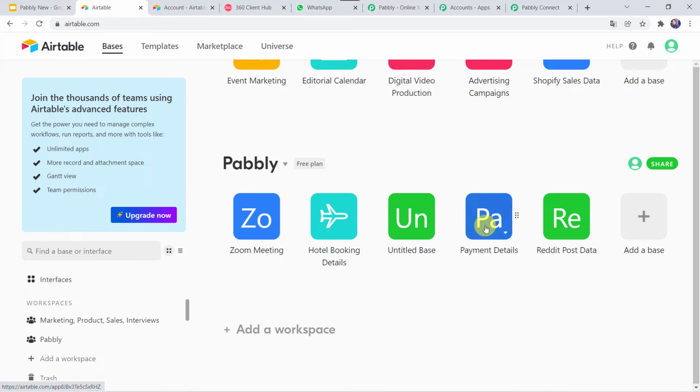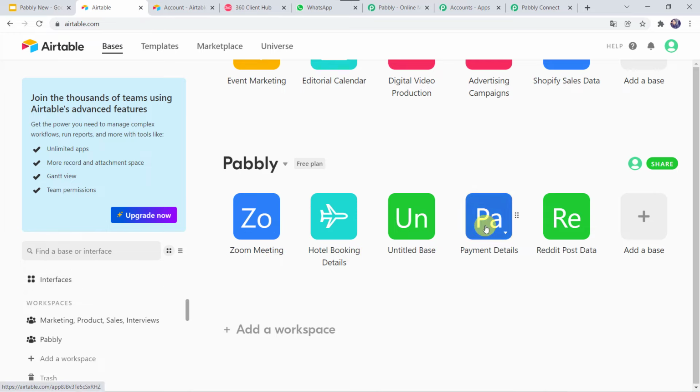Now here we have to select the trigger field. So let us read the instructions. Create a field in your table scheme with field name created and field type created time. If you do not have a created field in your table scheme, please create one that will be used to sort records, because without this field, trigger will not work correctly. So that is the reason I have created this particular field, created time, in my table. You also need to create this particular field as a trigger field in your table. Okay. So let's move back to Pabbly Connect. Here the trigger field is automatically captured, that is created time.